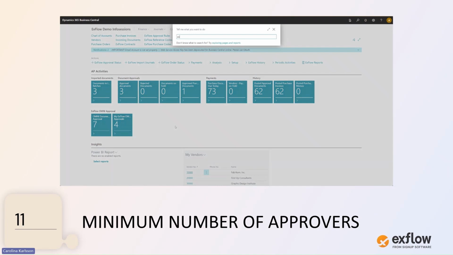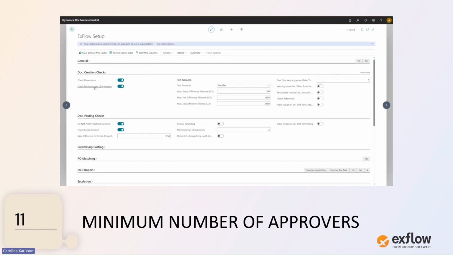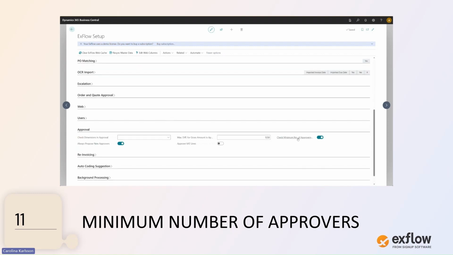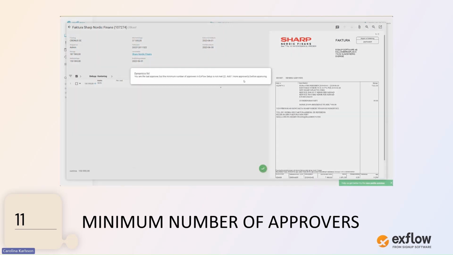And then we have minimum number of approvers. You can set a setting that specifies a check to verify the minimum number of approvers that is reached on a document when you create it, as well as a check where you have the minimum number of approvers after the final approver in the web has approved the document. The settings are made in ExFlow Setup,